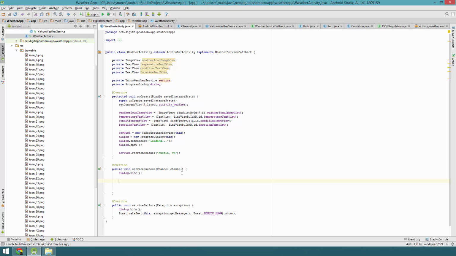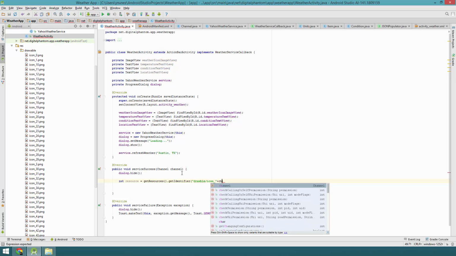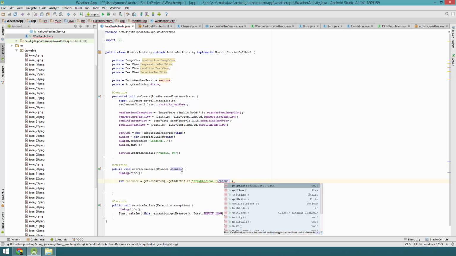Let's do int, because we're going to get the resource for that icon based on some text. It's going to be the file name. Resource ID equals getResources().getIdentifier, and we're going to pass that in as drawable/icon_ plus channel.getItem().get